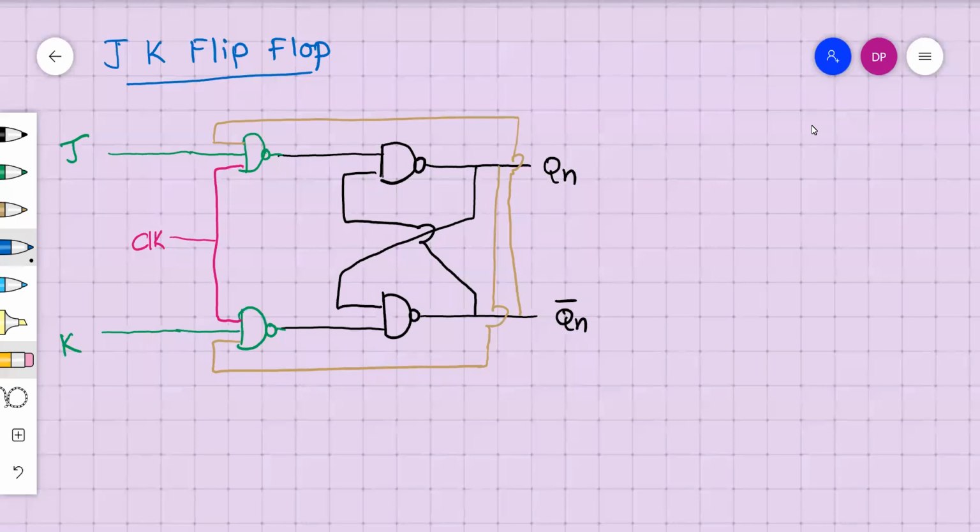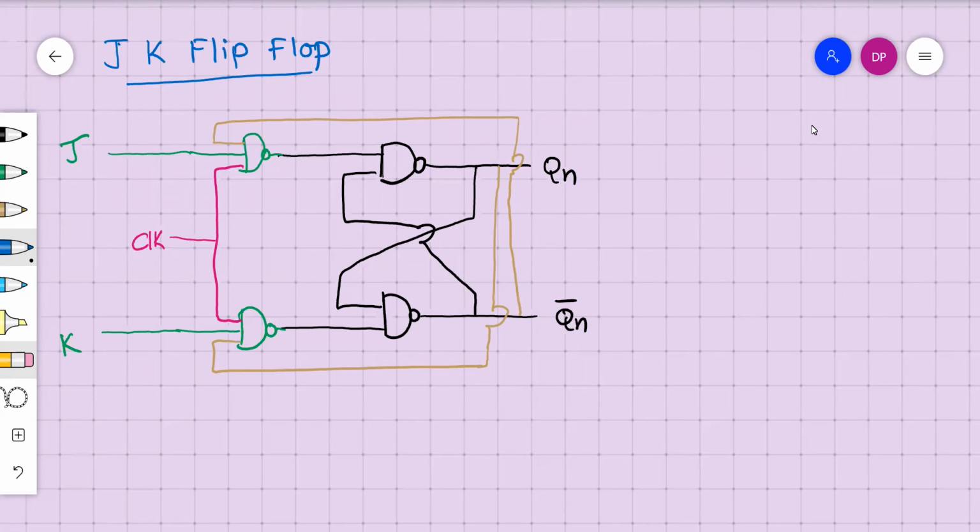Before going to that, just understand this. You can see the figure on my screen. The black colored part which is made of NAND gates is called the SR latch. Then, with this black colored part, you can see green colored NAND gates given as input. The output of these green colored three input NAND gates is given as input to the SR latch, and I have named the inputs J and K rather than R and S.